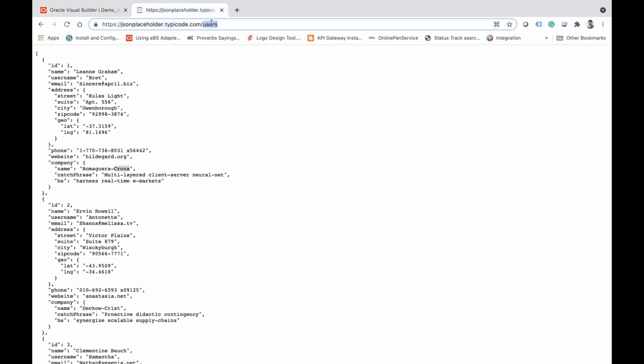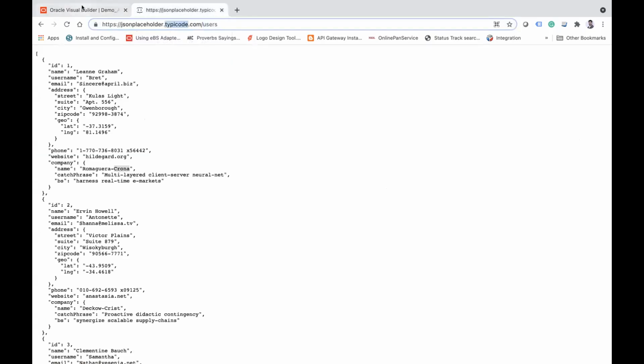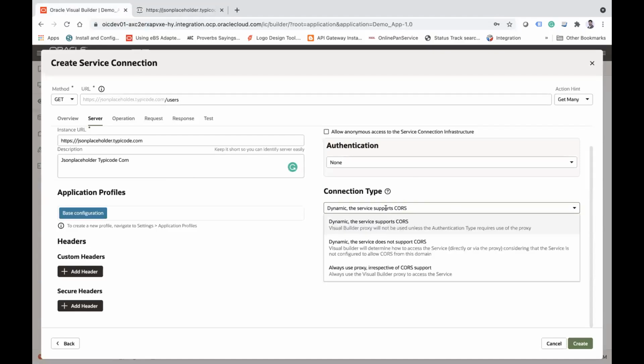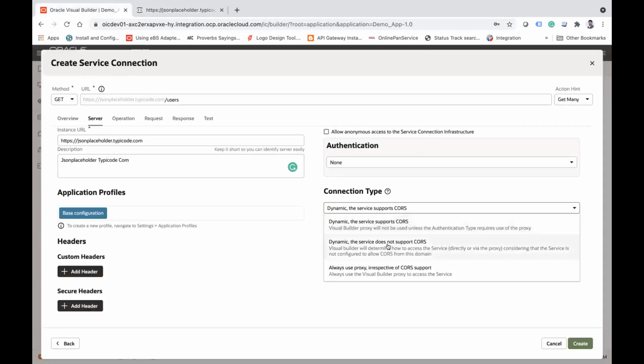If the external API supports CORS, then you have to use this dynamic, the service supports CORS, and then the request will go via the VB proxy automatically, which means another security layer will be added, which obviously will add some time to create a connection with VB and then the external application, because it has some whitelisting here. But if your external API does not support any CORS, which means it is open to anyone who can call it, so you will use this